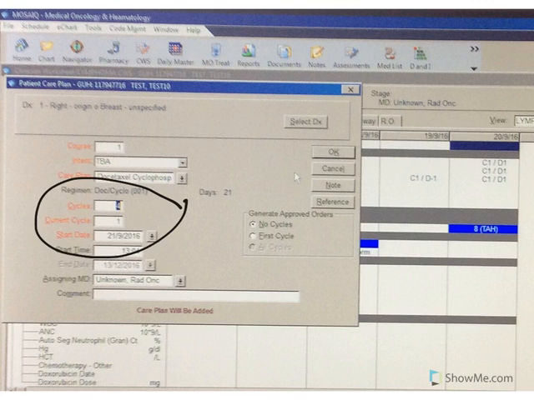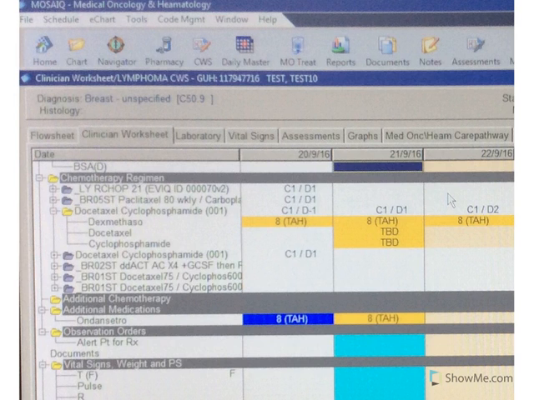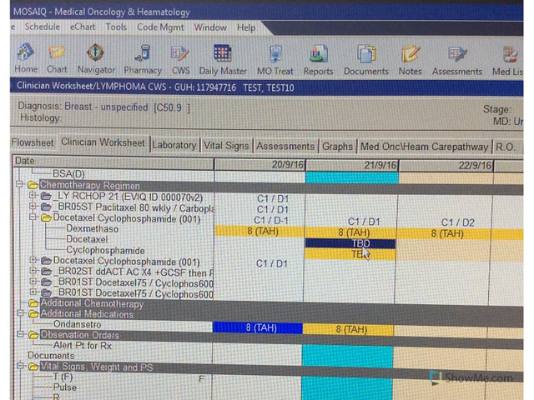Cycles, a number of cycles, which cycle to start on, are indicated here. This is accessed when the clinician goes into the CWS to start a care plan. Here we have a care plan that has been chosen, and chemotherapy doses to be determined, which is based on body surface area. Here